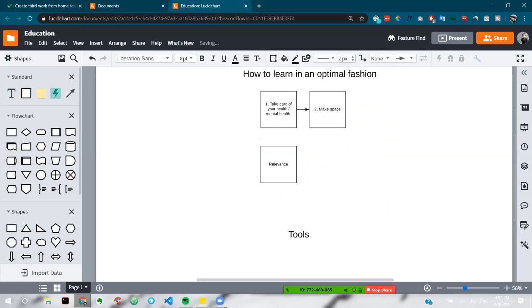Relevance just means everyone's life is unique, and we all have different things that might be useful to us. For example, if you live out on a farm, it might be more useful for you to learn things about farming. If you're someone who wants to work from home, which is what everyone is watching here, most likely you're going to want to learn some skill that will complement your skills. So if you're someone who's more creative, you might want to spend your time learning something like music or something like